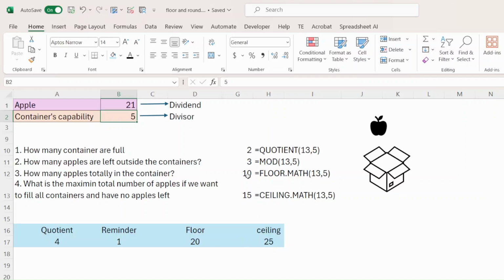Hope you guys enjoyed the tips today to learn more about FLOOR and CEILING functions, and also QUOTIENT and